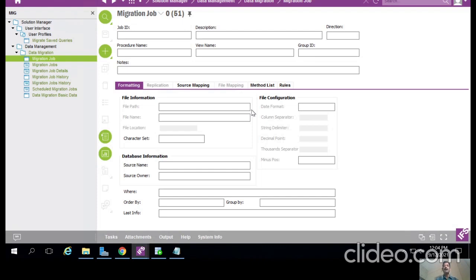The key advantage of IFS data migration is that it loads data through the business logic API in the IFS application. Data migration jobs are highly configurable and multiple jobs can be chained together depending on your requirement.